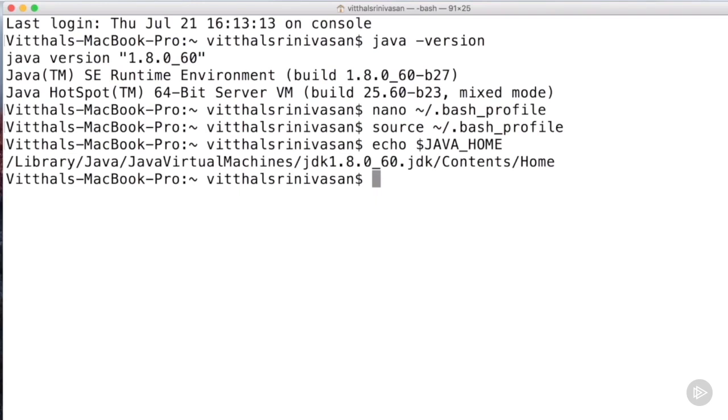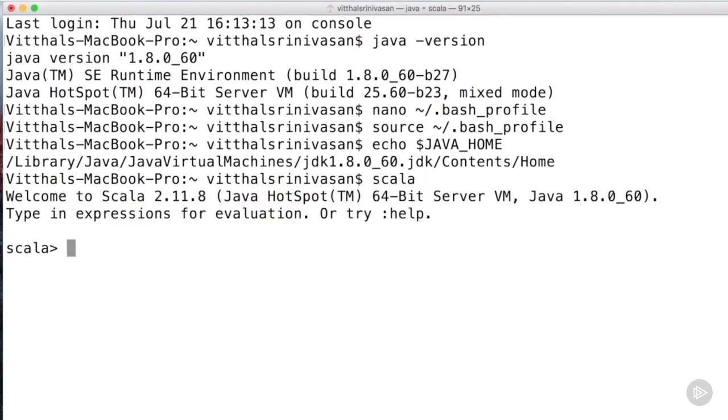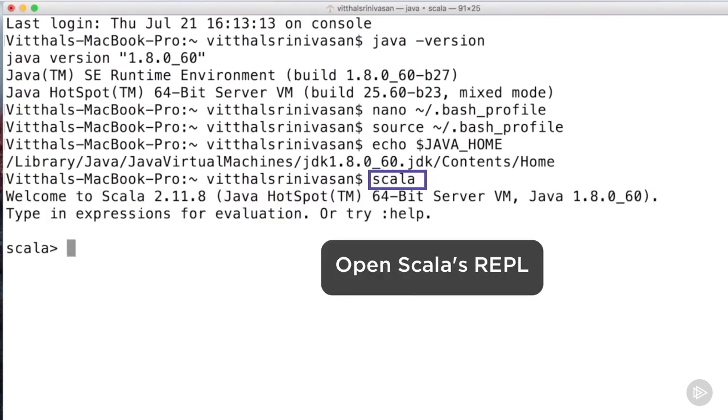I then go ahead and type scala. This causes Scala's interactive shell to open up. This shell is really handy. This is also often called a REPL environment. REPL stands for read, evaluate, print, and loop. Scala's REPL environment tends to be used very often as a way to get quick, in fact, instant feedback to Scala commands. I then go ahead and type out a few simple commands.